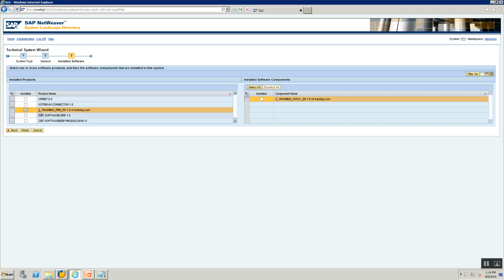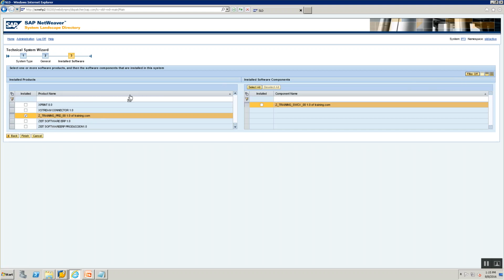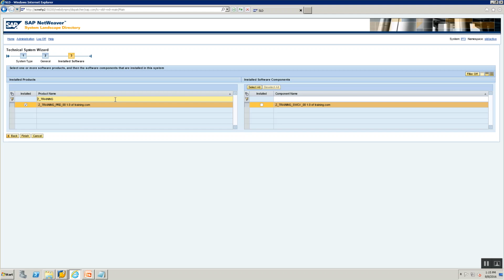I selected this because I knew the name, or if you wanted, you can always click on this filter option and search for it. I can say Z training and enter, and you get the Z_training.